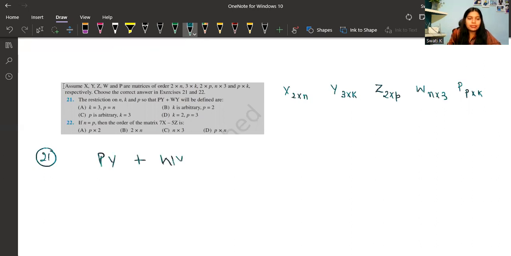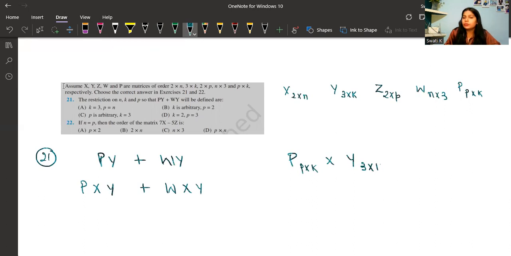What is the meaning of Py? That means P times Y. And what is the meaning of Wy? That means W times Y. Now, P times Y, we know that matrix multiplication is possible only with one condition. So let me write that down. The order of P is P cross K, times Y, the order of Y is 3 cross K,